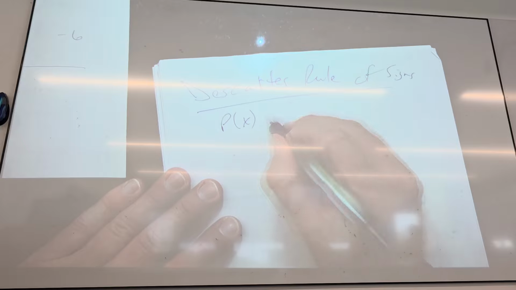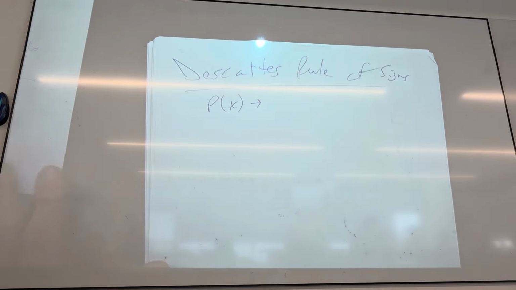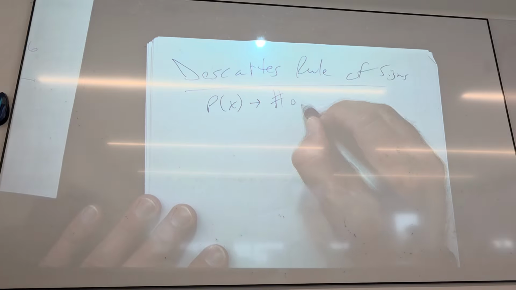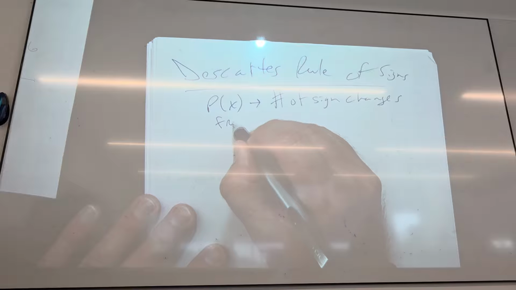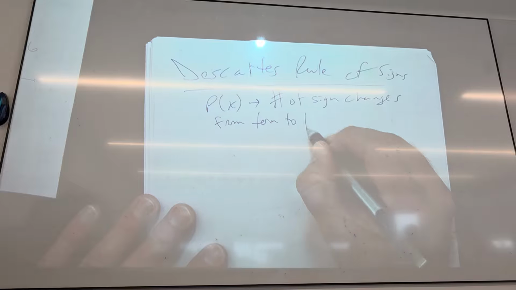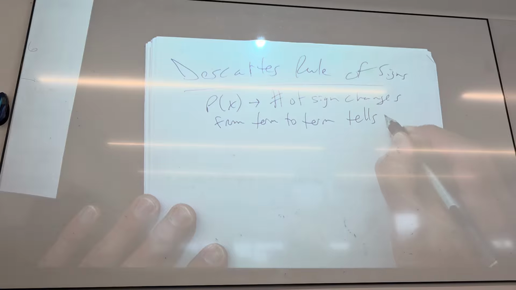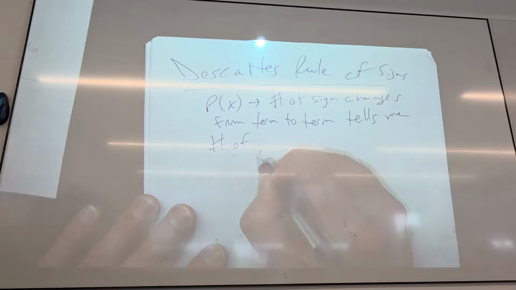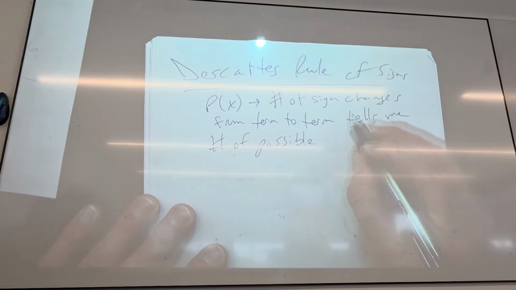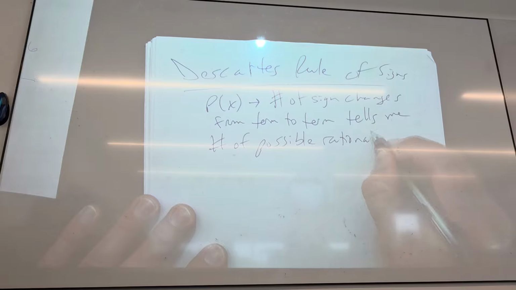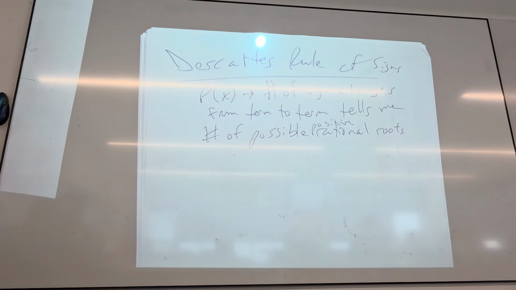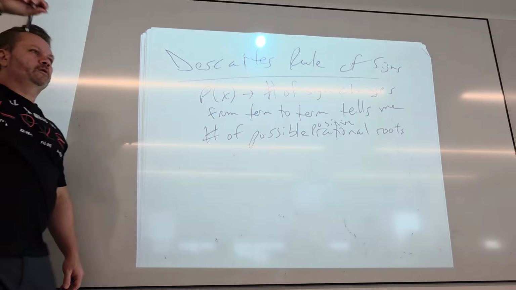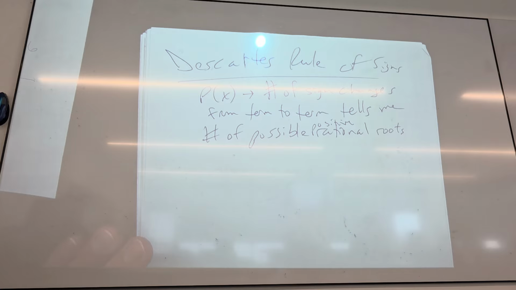You count the sign changes. Yeah, the number of sign changes from term to term tells me what? Tells me the number of possible positive rational roots. Oh my God, that's a long thing. Possible positive rational roots. So if I'm given a polynomial,